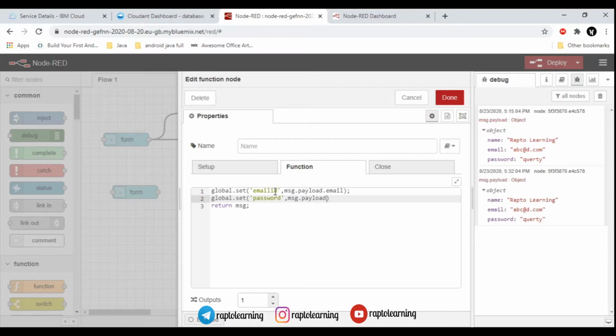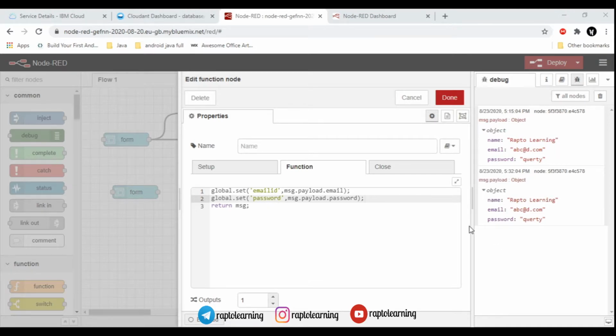This is a function of JavaScript, right? If you know JavaScript, it may be very easy for you to code in this, but if you don't know any programming language, as I mentioned, this course is meant for you, so you just need to type this code as it is. First is the email ID that we are going to verify, and next is the password we are going to verify, and if both are correct, then we will display some message, otherwise we will display another message. So this seems to be perfect code.